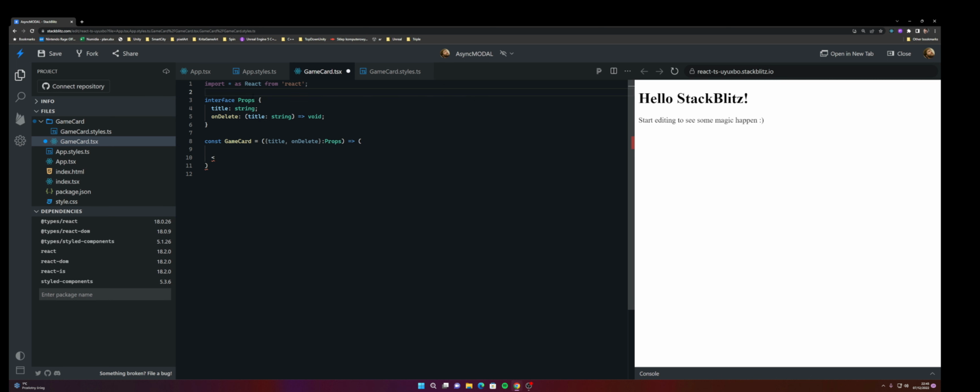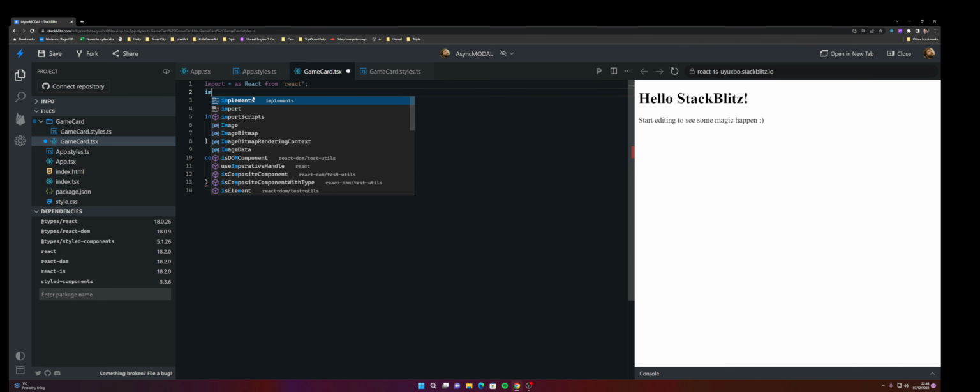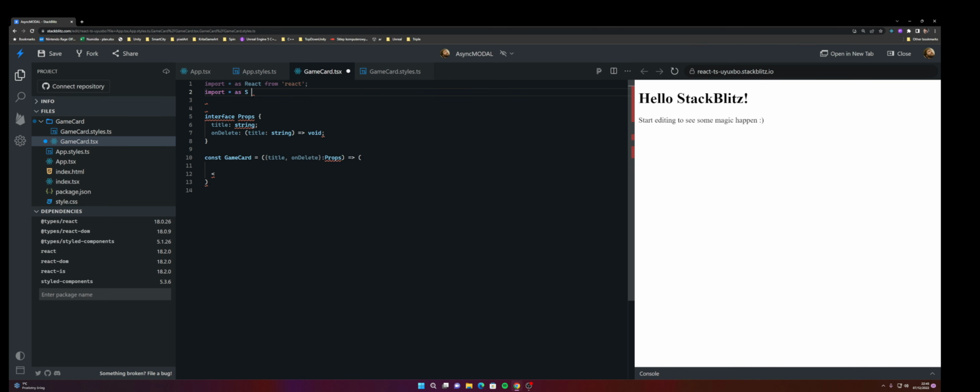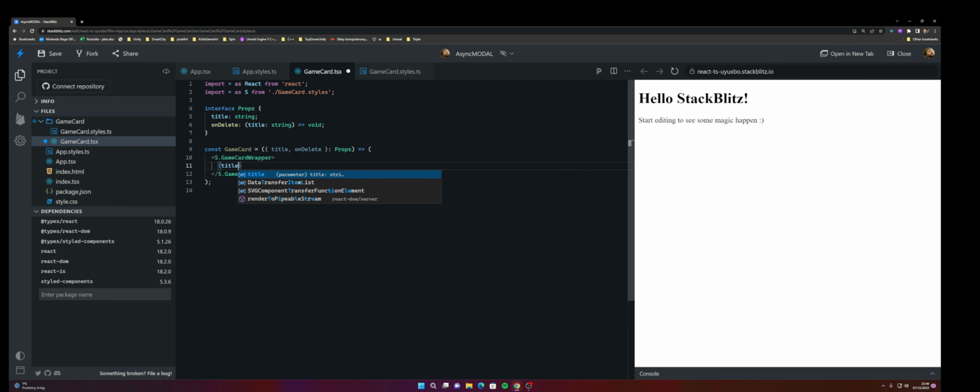So I'm gonna import styles, and I pretty much always do it like this, as S from styled-components. We have to import from game card styles, and yep, that should be fine. So we create our wrapper, nothing fancy here. Okay, and here we will just render the title and add the button to perform the click. So that's gonna be like delete game button,